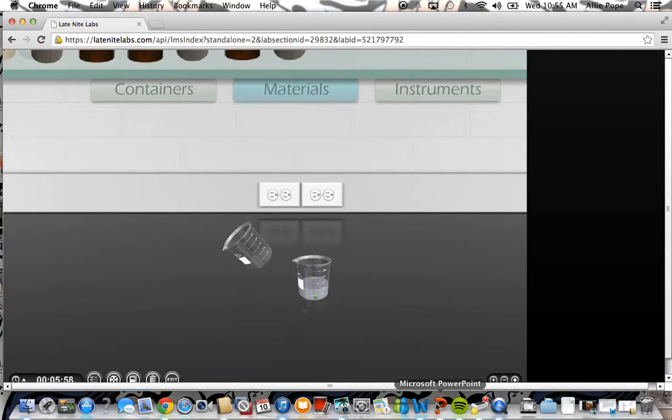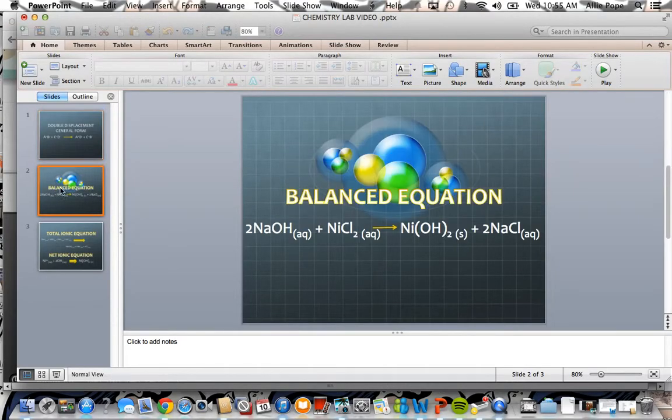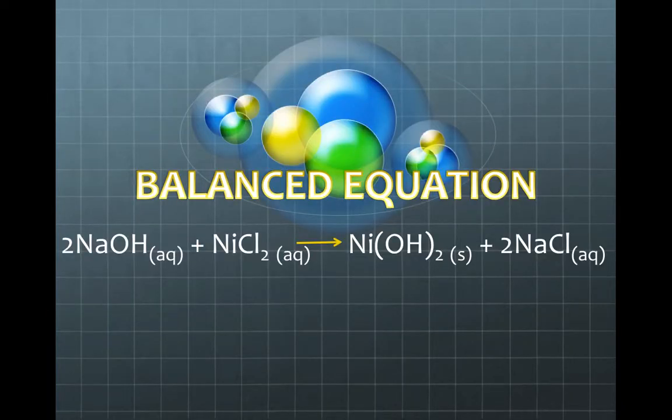So, let's see how this correlates to a balanced equation. Alright, so in the balanced equation we have 2 moles of aqueous sodium hydroxide and 1 mole of aqueous nickel chloride. When we combine these, as in the virtual lab, it results in the products. A precipitate forms, the little green ball at the bottom of the beaker. That's 1 mole of nickel hydroxide here, and 2 moles of aqueous sodium chloride, the clear liquid in the virtual